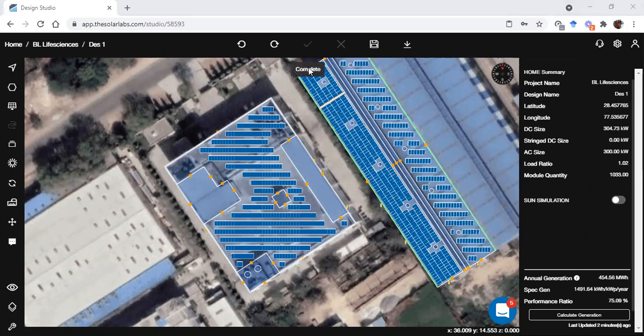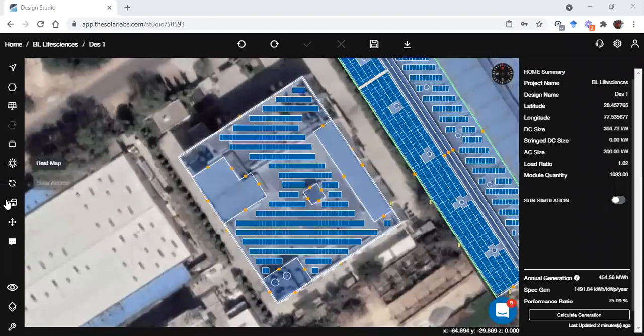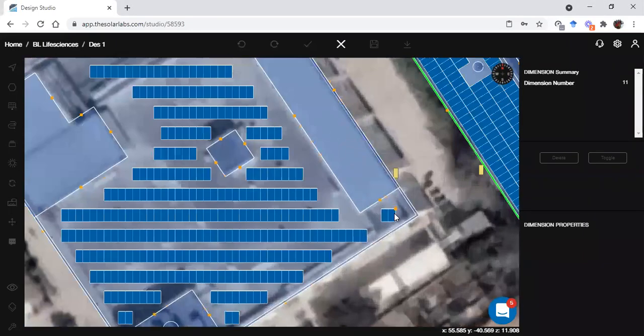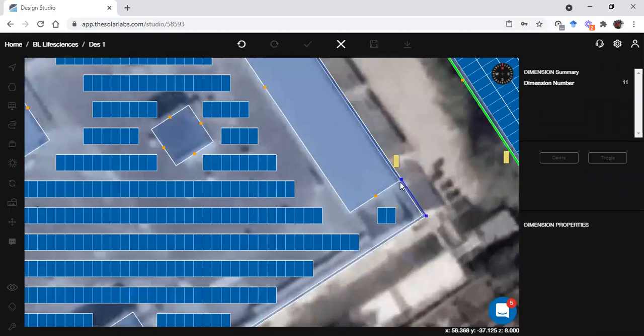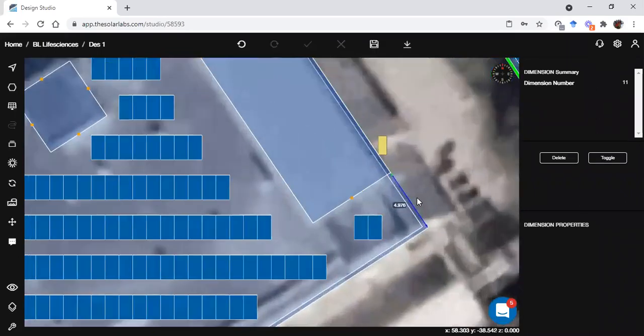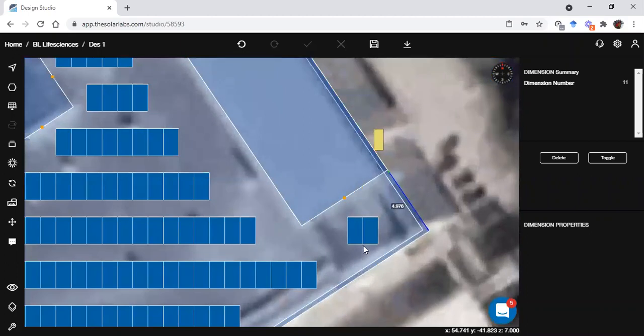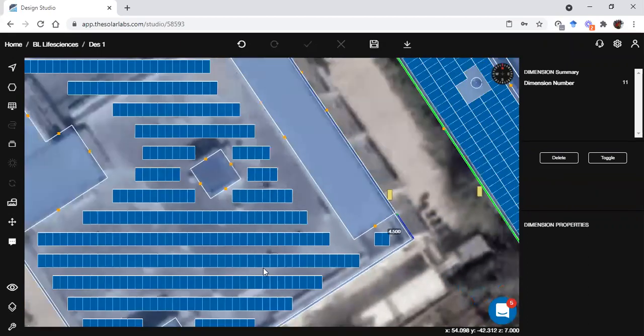How to measure distance in the model? Yes, sir, to measure the distance in the model, we have this feature here, that is the dimension tool. If you use this dimension tool, let's say I want to measure the distance of this mounting from this wall. So we can see it is 4.976. Let's say I know it is exactly 5. I just need to select it, enter 5, press enter. It will move it to exactly 5. Let's say if I know it is 4.5, not 5, I'll enter 4.5. You can see it moved the mounting by this distance. So like this, you can measure distance.